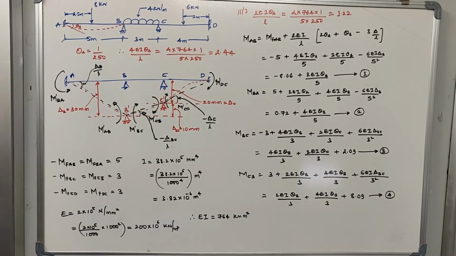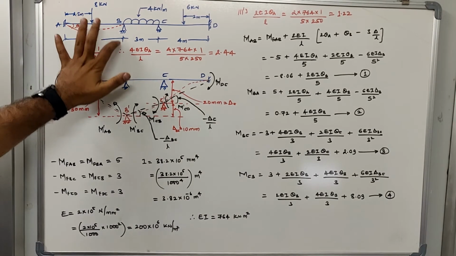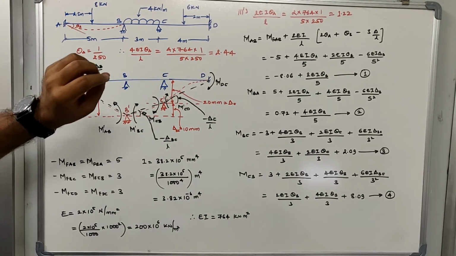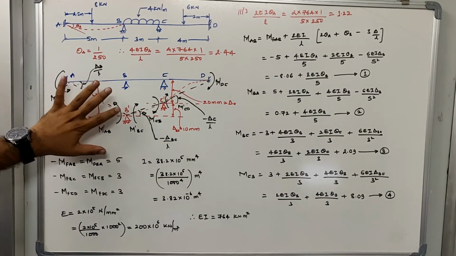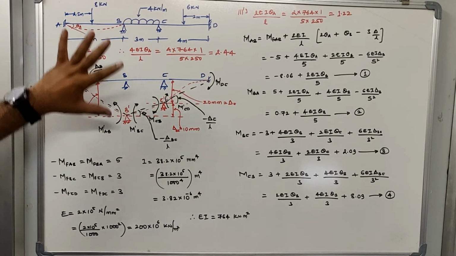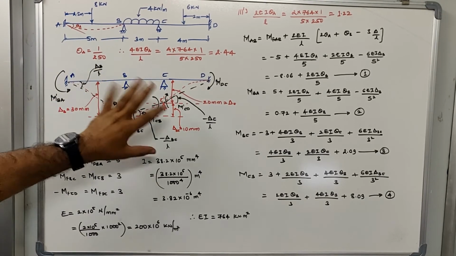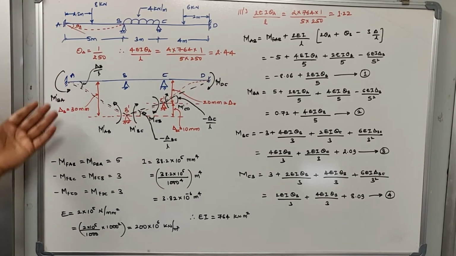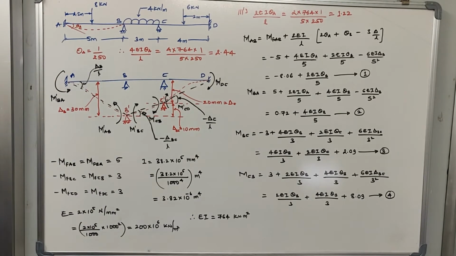Next, there are two sinking supports, that is joint B and joint C. Joint B is sinking by 30 mm and joint C is sinking by 20 mm. So you just remember this, and I am going to explain this figure that I have drawn in order to explain the sinking of support or settlement of the support, and how to understand this sinking and use it in the slope deflection equations. Let us do all of that later.